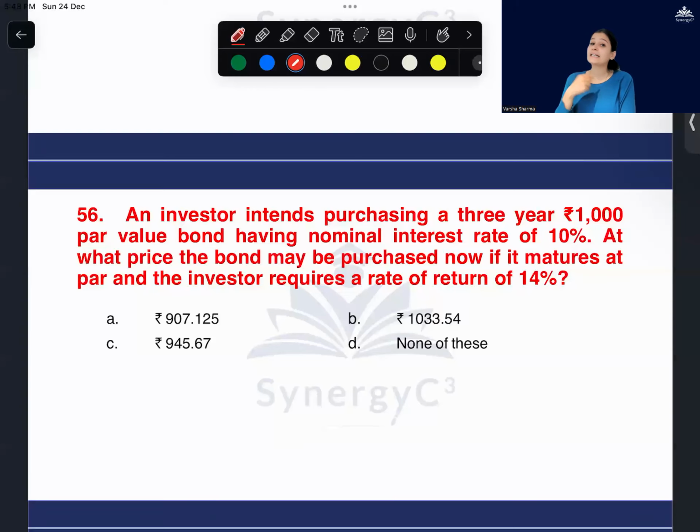But the first 100 I'll get after 1 year. So that value is not same as today's 100 rupees. The second 100 I'm going to get after 2 years, again which is not having the same worth as today's 100. And the third 100 I'm going to get at the end of the third year. Yes?